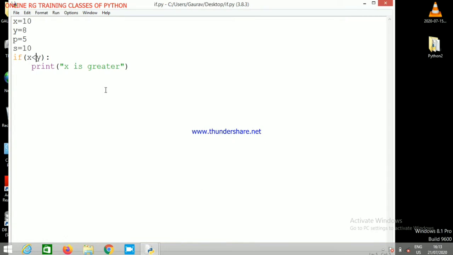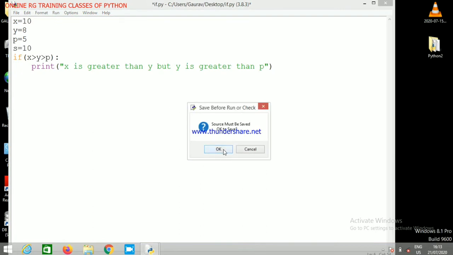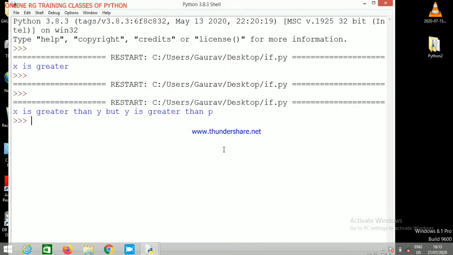So if we write here, if x greater than y and y is greater than p, then print x is greater than y, but y is greater than p. So if we run this module, then we are getting the message in the output.